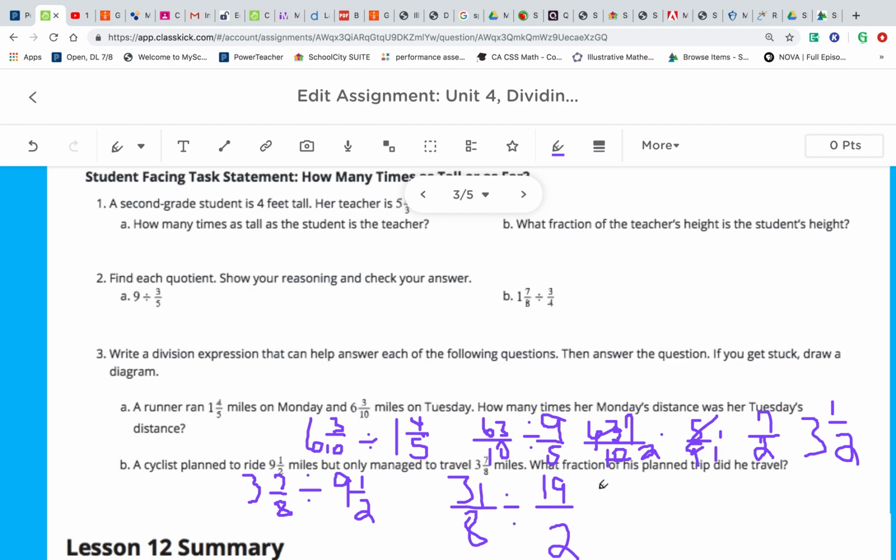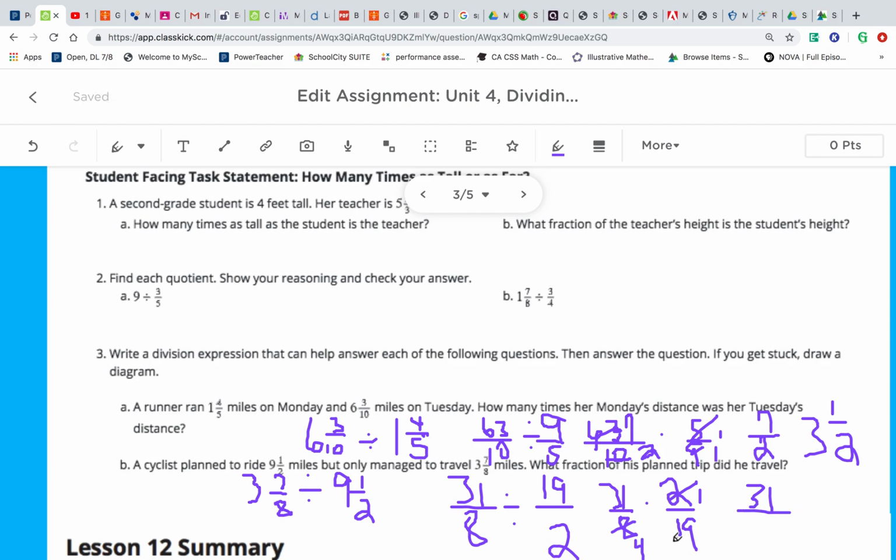When we are dividing by a fraction, we are going to keep the first fraction the same, right? 31 over 8. But we're going to change it to multiplication, and we're going to make this 2 over 19. And let's look for cross-canceling. 31 and 19, yep, that's not going to work. 2 and 8, that will. 2 over 8 is the same thing as 1 over 4. Okay, so that leaves us with 31 times 1, that's 31,